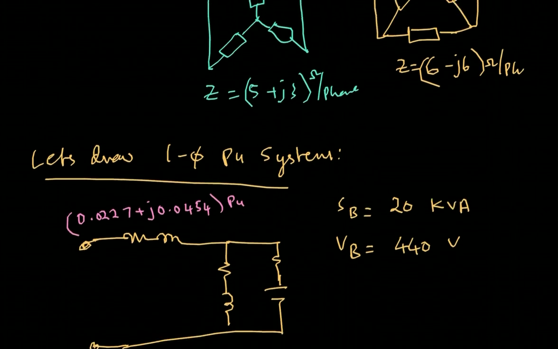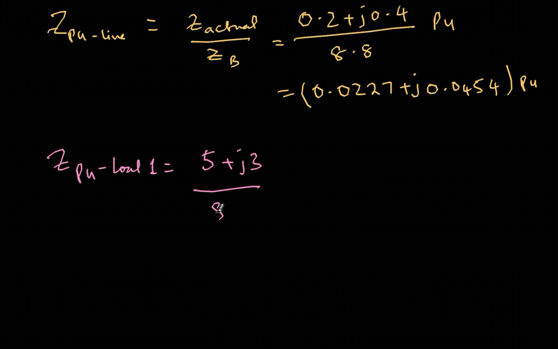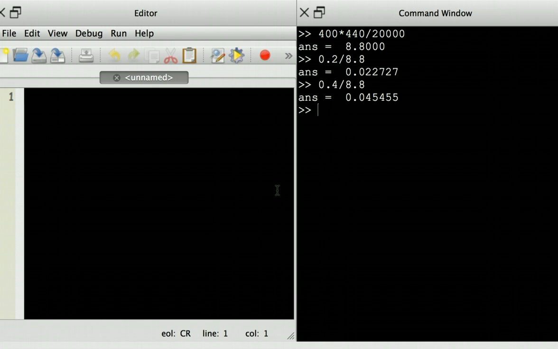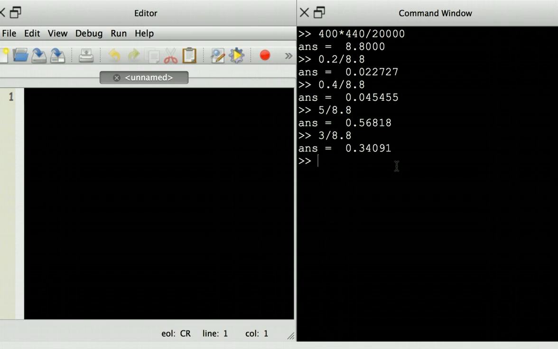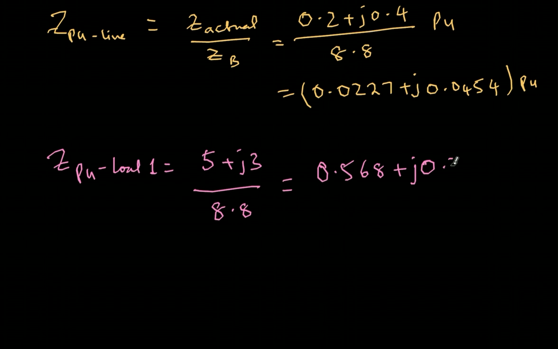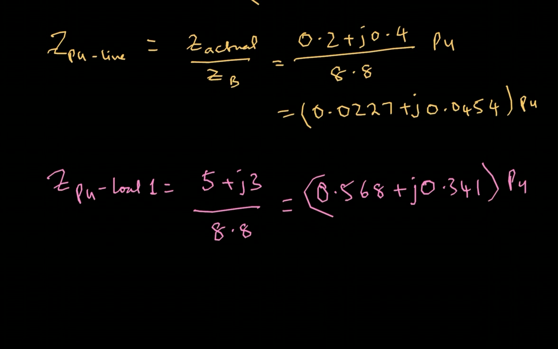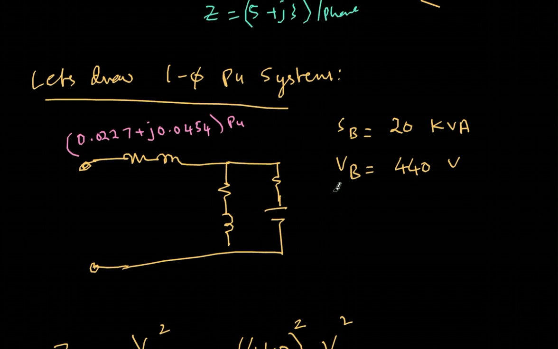Let me just check the value. 5 plus J3, okay, divided by 8.8. So 5 by 8.8 and then 3 by 8.8. That is 0.568 plus J 0.341. So this is my per unit impedance. So here I can write the values: 0.568 plus J 0.341